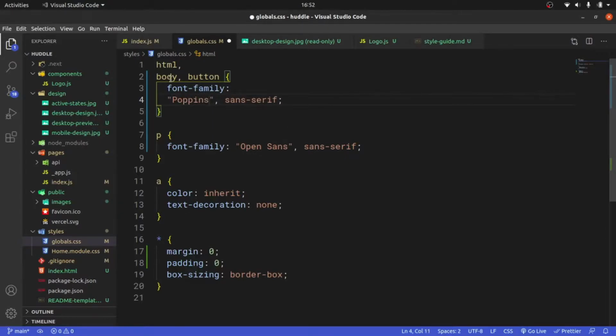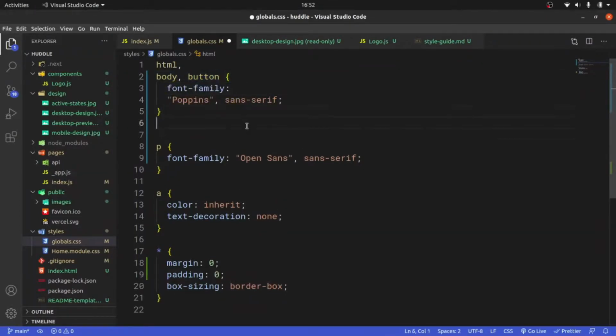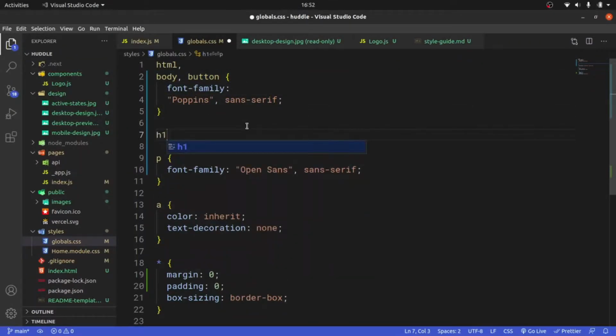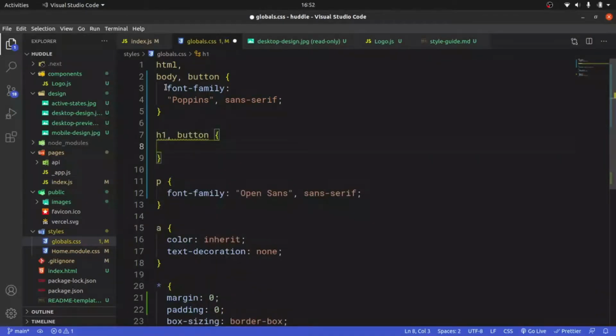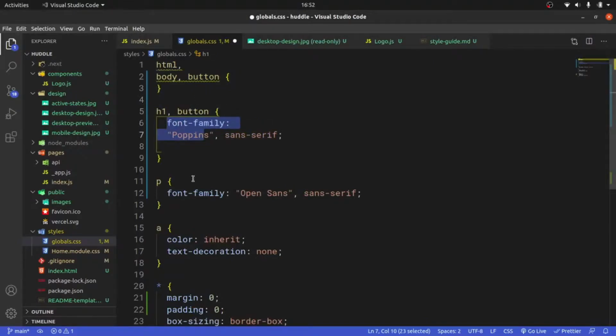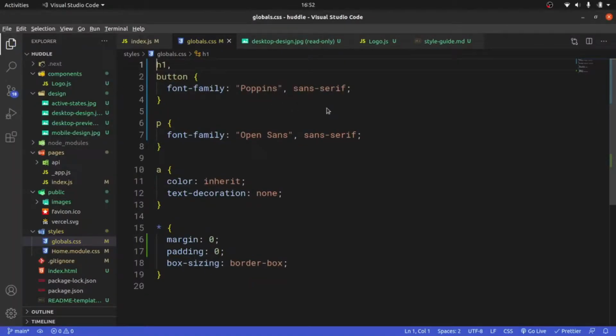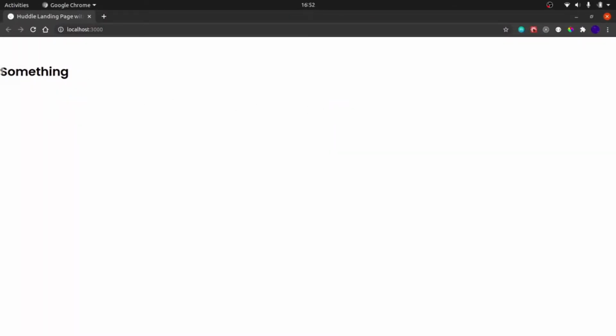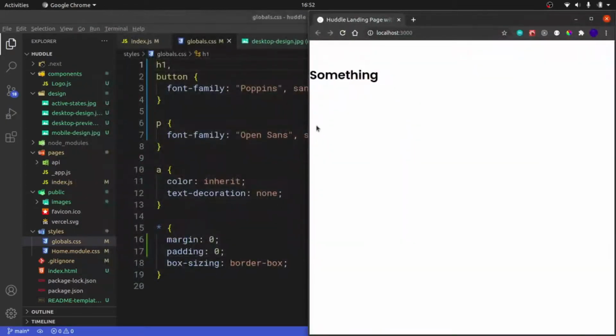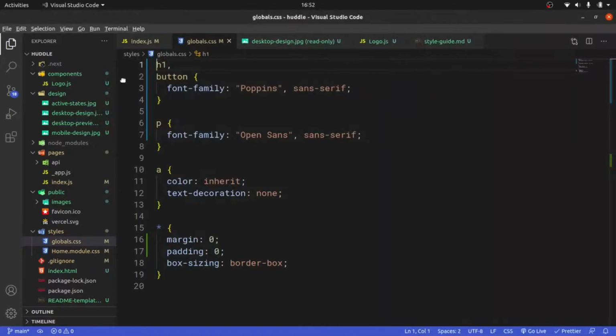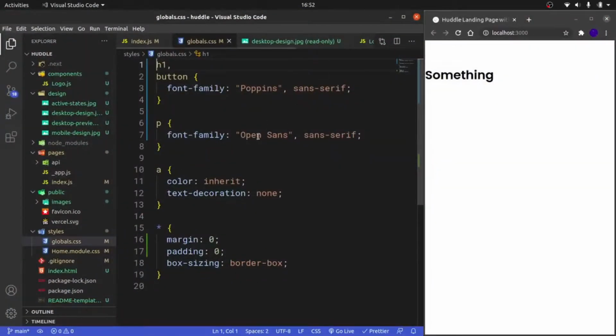like so. And I said that's not really correct as well. Let's say the H1, we're only going to have one H1, and then the button, like so, and then just grab this and move it downwards, and this should be looking fine, so that I can remove this, and there we go. So let's save this. Let's see how this looks, and you can see now this is an H1 that it has the Poppins font applied on it. So let's move this back to the right, move this back to the left,